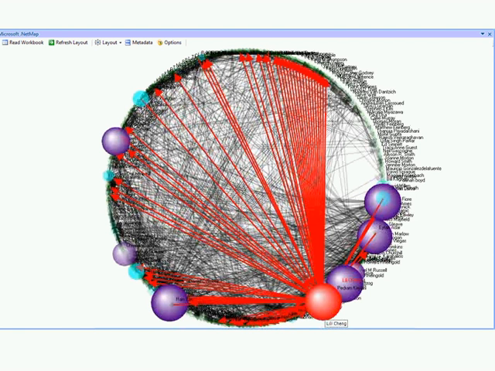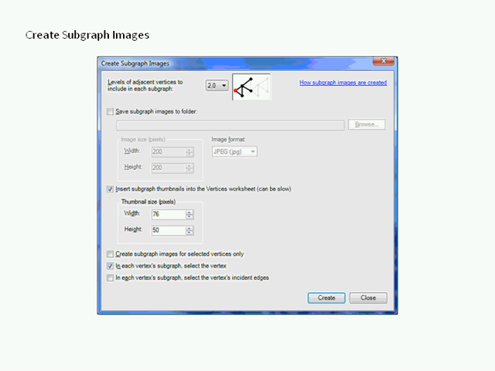The next slide simply shows the circle layout. Again, not the most comprehensible graph, but we're working on that. It is a way of getting certain kinds of relationships to be more visible. Certainly the big nodes are a real standout here, and you can see how they are related to other people in the circle. The next image, create subgraph images, is a dialog box that you can access through the menu